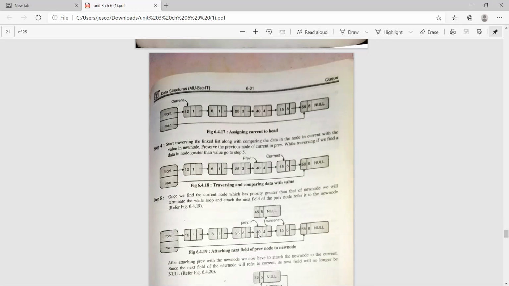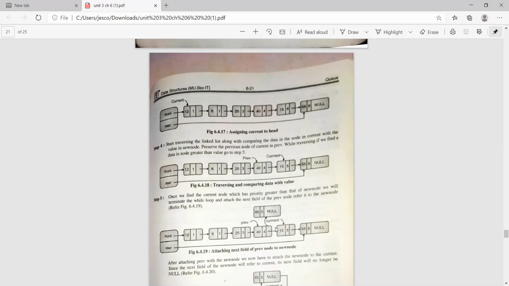Now our current node is 40 and our new node is 45. In the current node the priority is 4 and in the new node the priority is 5. So again we compare both. Here we come to know that after this, the new node will be added.